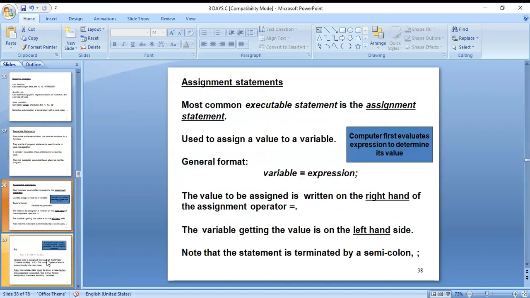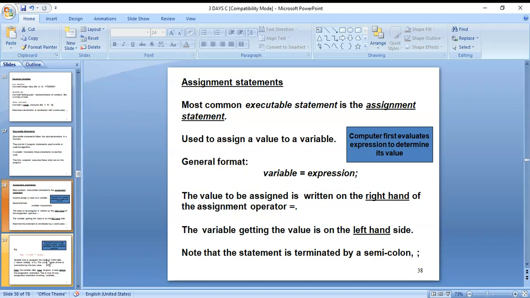Next one, assignment statement. The most common executable statement is the assignment statement, which we use commonly. It is used to assign a value to a variable.